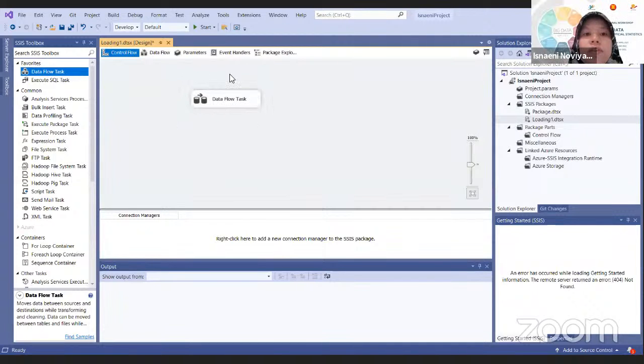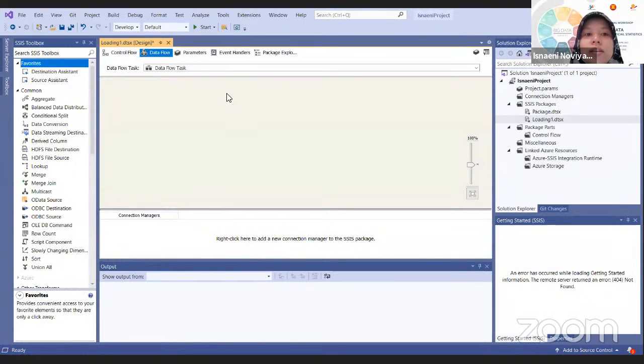Okay, if you have already dragged the data flow task, you can double click the data flow task. Double click, so it will show you another interface, and in this interface we can choose our data sources, or our data destination. Actually, if you want to come back